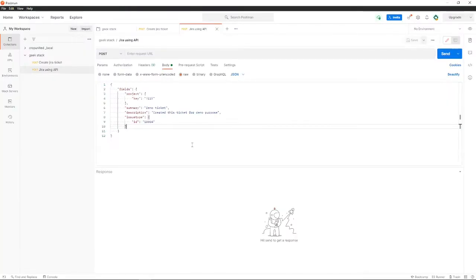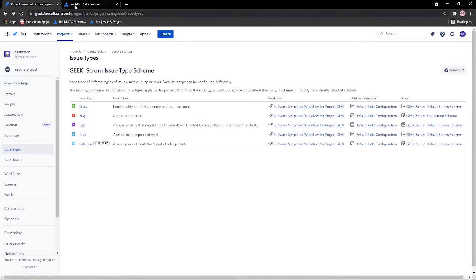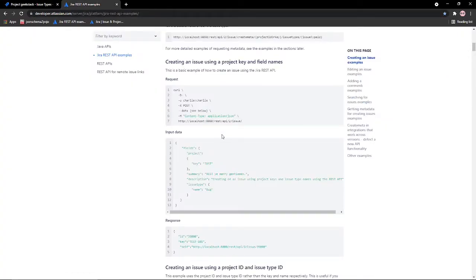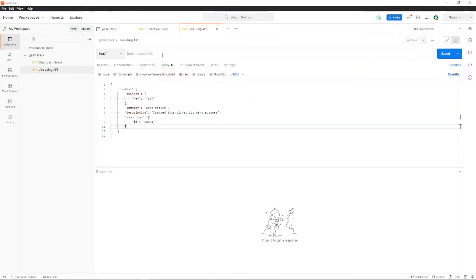Now let's come back to Postman and make a call. First we'll go to this API page. This is the endpoint which we are going to use. I'll copy this path and paste it over here.